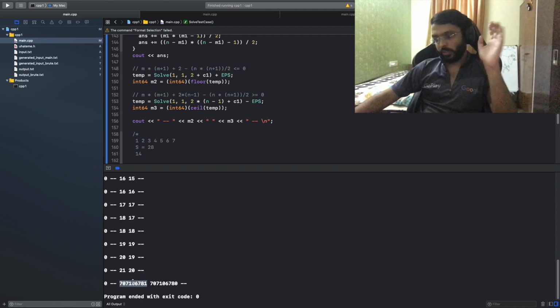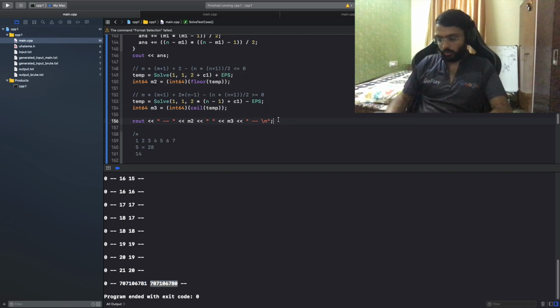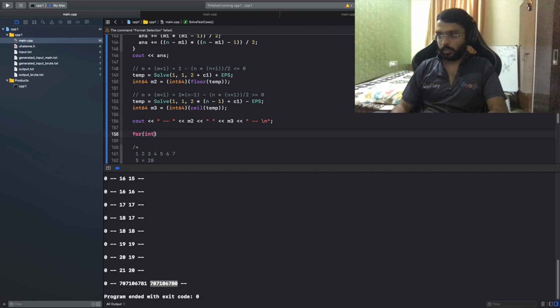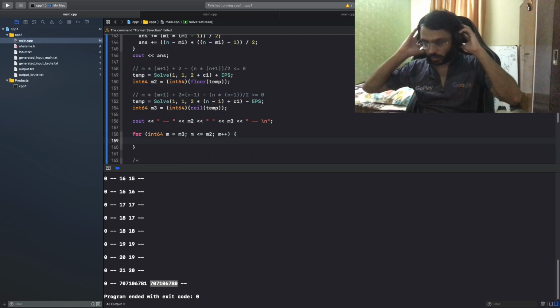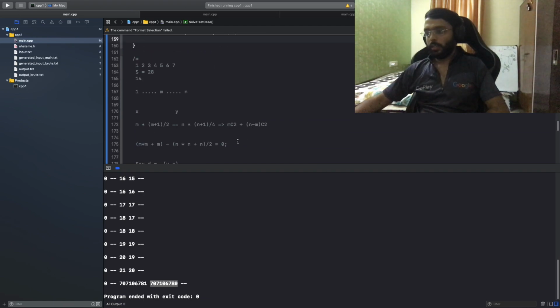Interesting. So even for 10 to the power 9, I'm just getting two values, m3 and m2. So let's do this: for m is equal to m3, m is less than or equal to m2, m plus plus. Now for each m, I have to do something, which is I have to try to find